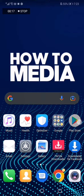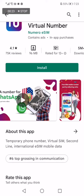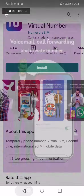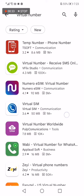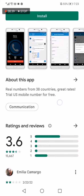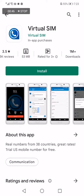So first app is Numero eSIM. This app is one of the good apps that I actually tried and it works good and easy. The second one is called virtual SIM. It's also a virtual number that you can get real number from 38 countries, and you can get a trial